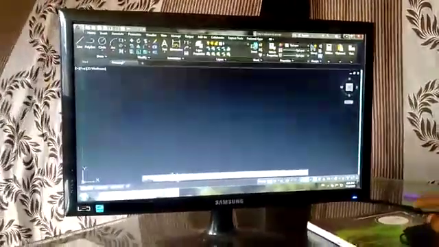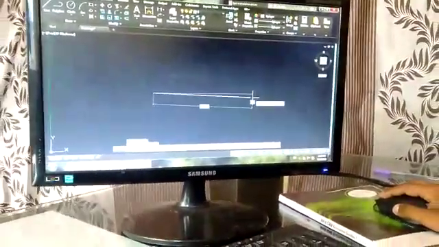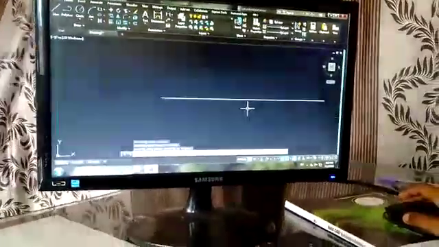We have to check the dimension of any length. So I have to take a length. I enter the line command. First specify the corner of the line and enter the other end.